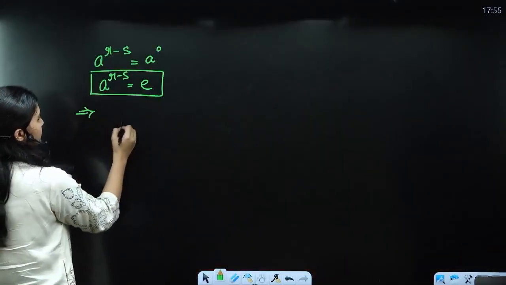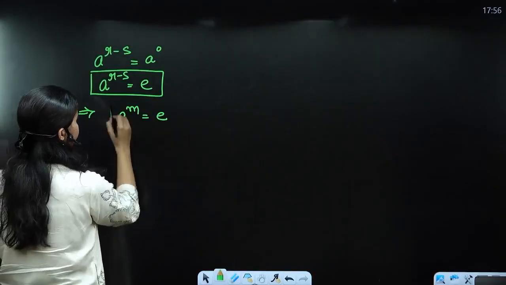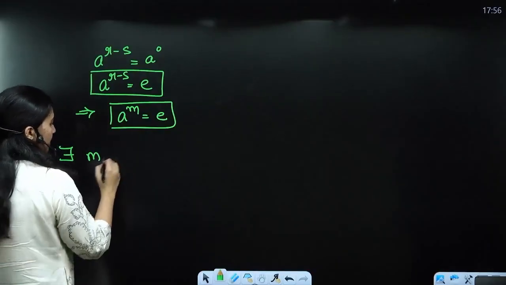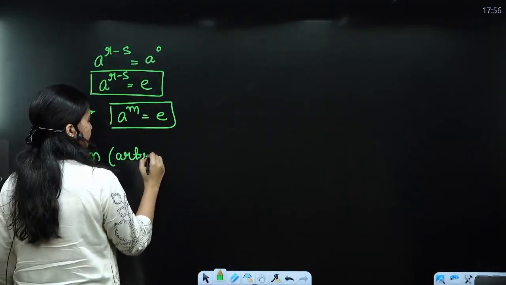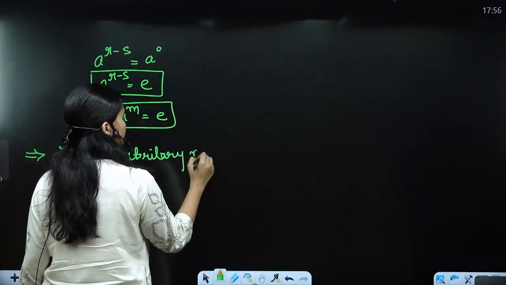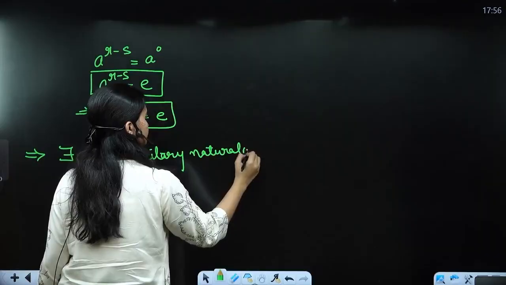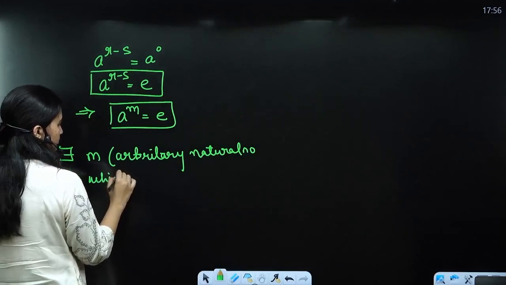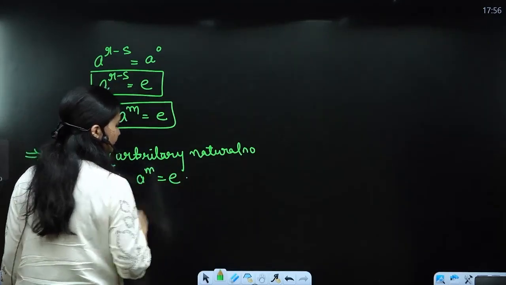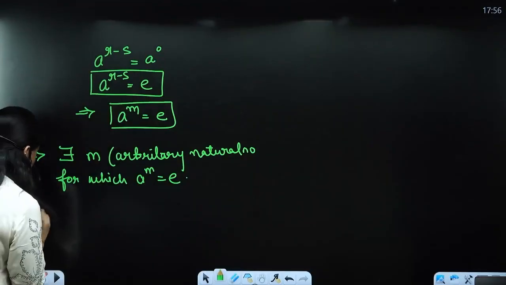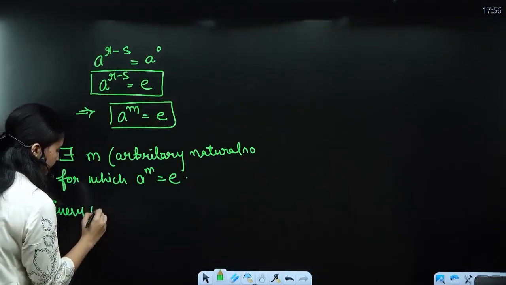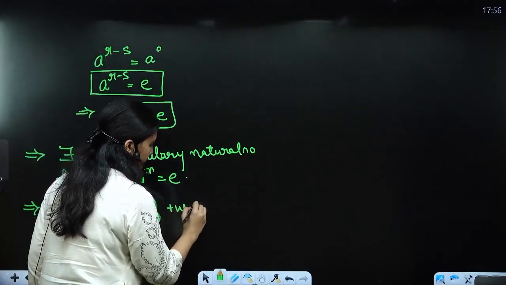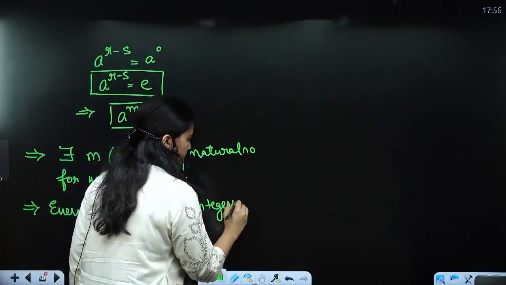Now this can be written as A raised to the power M equals E. So this implies that there exists M, an arbitrary natural number, for which A raised to the power M equals identity, right? Now every collection of positive integers contains